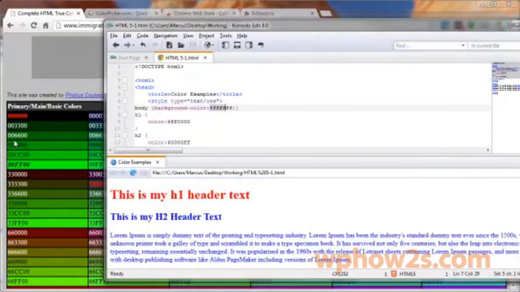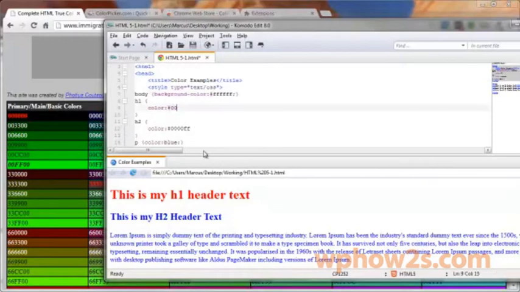But if we want to change this to this color of green, for example, for the H1 tag, 006600. Don't forget, we have to have the hashtag at the very beginning. Save. And there we go. So there you are. That's how you can add some additional coloring to your web design,